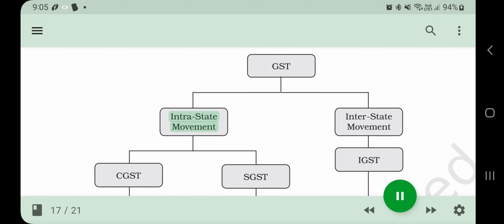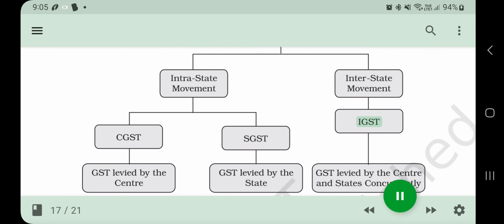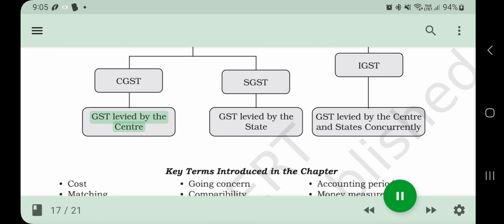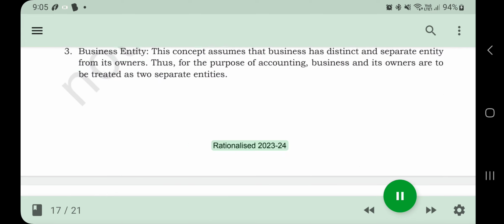GST. Intra-state movement. Interstate movement. CGST, SGST. IGST. GST levied by the center. GST levied by the state. GST levied by the center and states concurrently. Rationalized